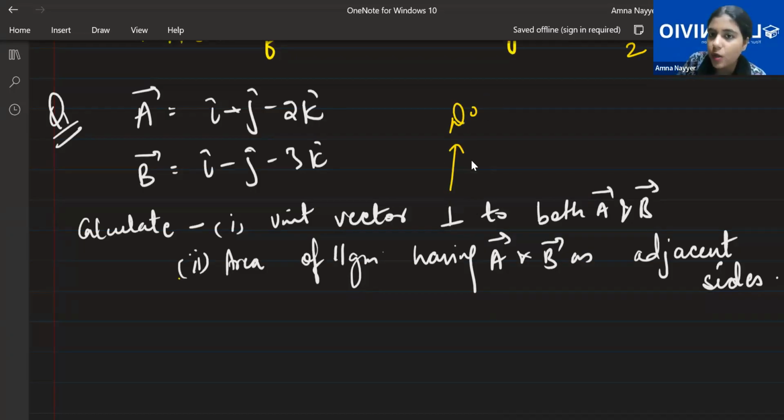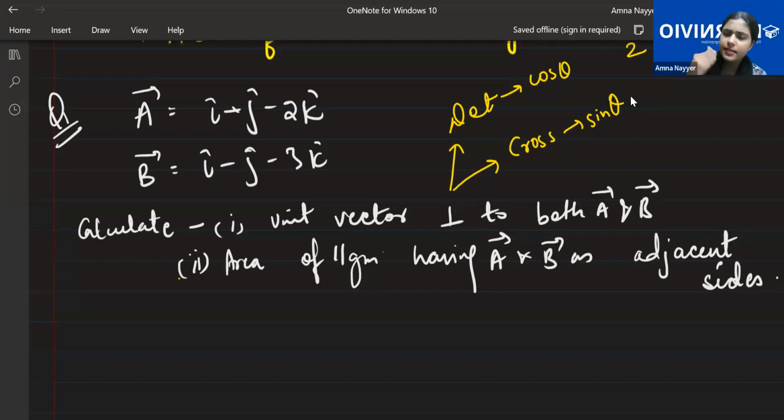Okay, two possibilities are there. You can solve it using dot product, you can solve it using cross product. In dot product you use cos theta, in cross product you use sin theta. Initially when you are practicing as beginners, you can learn it like this. Once you have practiced and you are preparing for your final exam, you will be able to write it directly. So dot product you have cos theta, cross product you have sin theta. Now if I have perpendicular, cos 90 is 0 and sin 90 is 1, which means I will have some